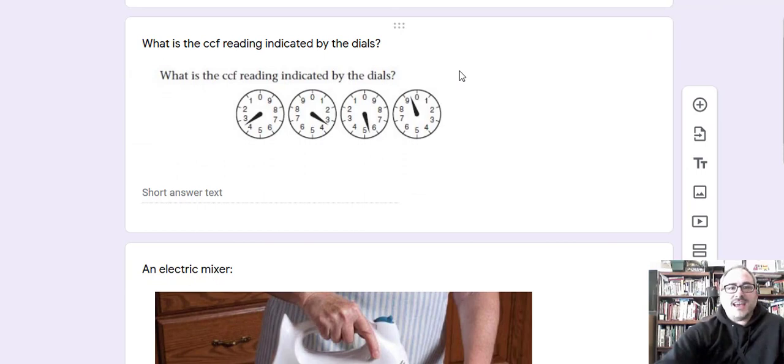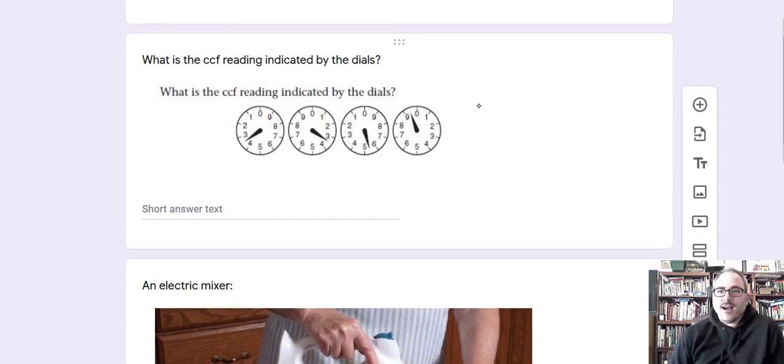So what is the CCF reading indicated on this dial? So maybe you want to pause the video, give this a shot right now. Give this a shot, unpause the video, and come back, see if you got the same answer. All right, so you've unpaused the video and you're back, right? You took a shot, right? Always take your shot. Always take your shot. All right, so